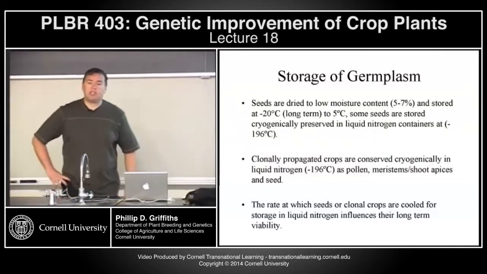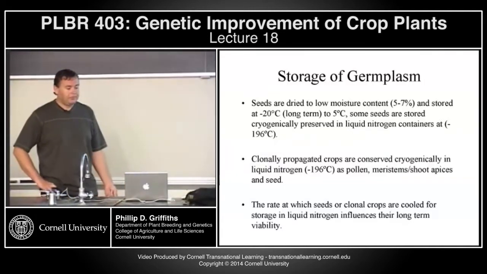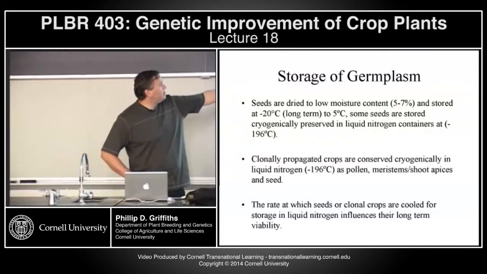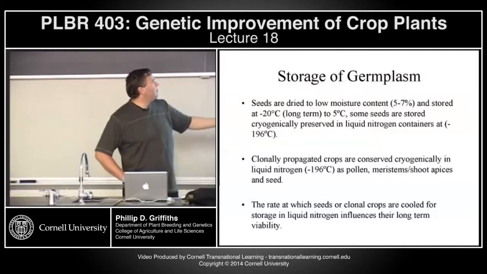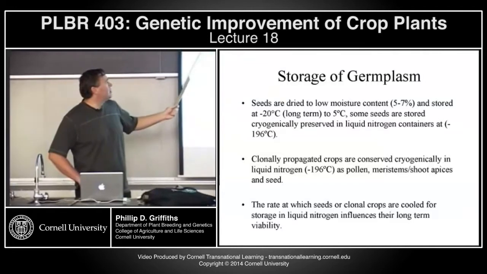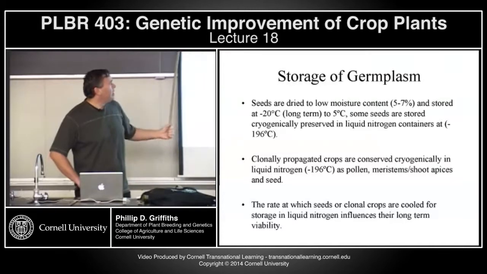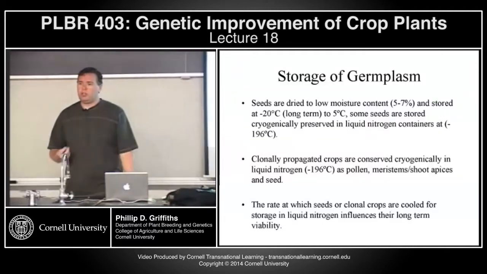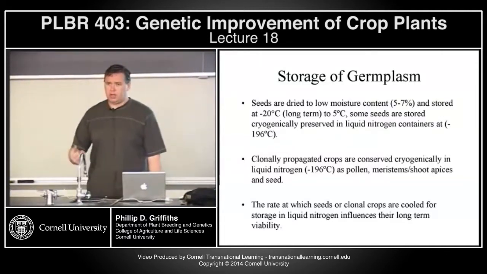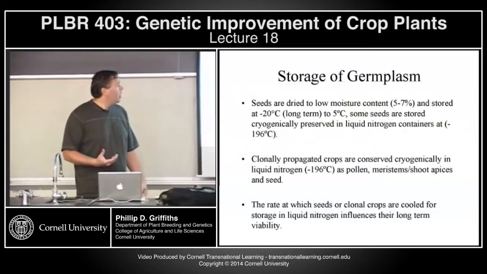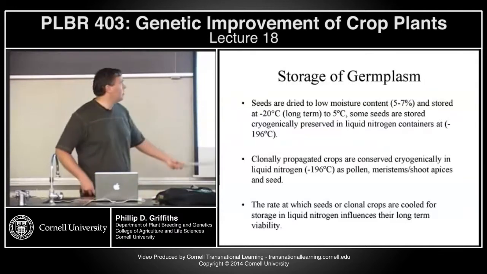The storage of germplasm obviously depends on the type of germplasm. Seeds are typically stored with a low moisture content, down about 5 to 7%. For long-term storage, such as in Fort Collins in the base collection, they'll be stored down about -20, which is about the temperature of a deep freeze. But for the active collections, such as the one in Geneva, where the materials are going to be released to people throughout the course of the year, they'll more typically be stored at about 40 degrees Fahrenheit or about 5